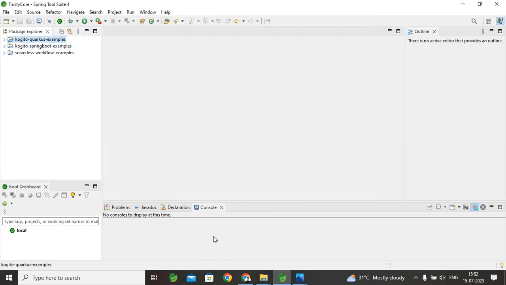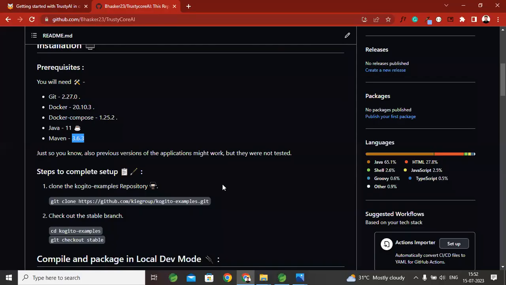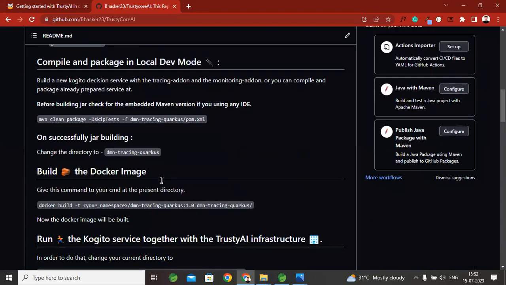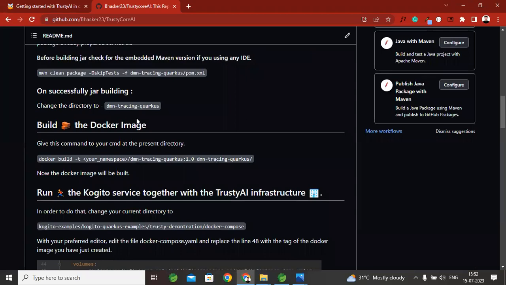When you build your jar for the first time, there are many downloads during the compilation process. Then when you have successfully built or packaged the jar, the next step is to build the Docker image. Before building the Docker image, on successful jar building, you have to change your directory to daemon tracing Quarkus, because we can build the Docker image where we have the Dockerfile, since from the Dockerfile it will take some sources. So that's why we have to